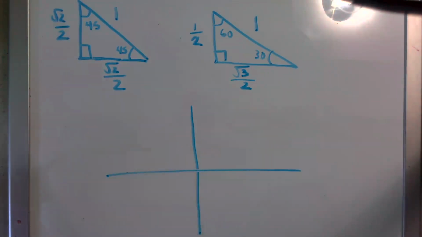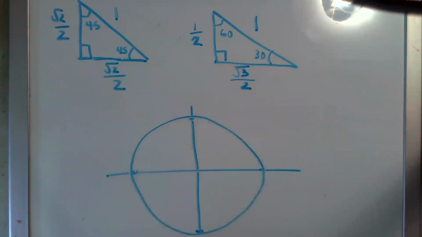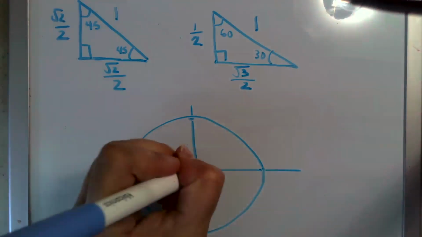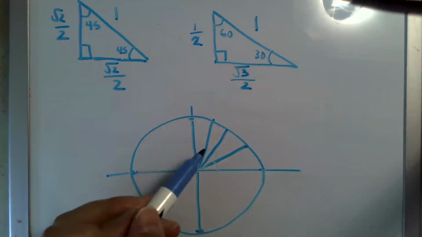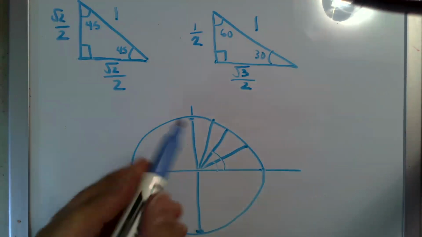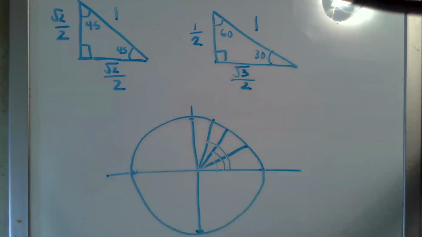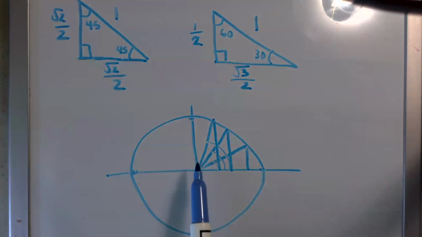And if we draw a circle of radius 1, so all of these are 1, and then we divide our quadrants into a 30-degree angle, a 45-degree angle, and a 60-degree angle, then if we take our point of intersection of the circle and drop a perpendicular line back down to the x-axis, we now have three triangles, a 30-60-90,